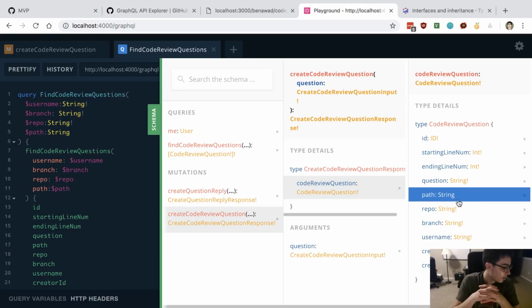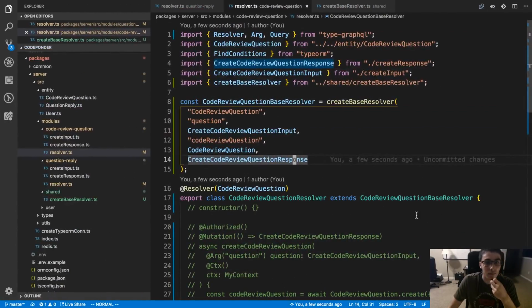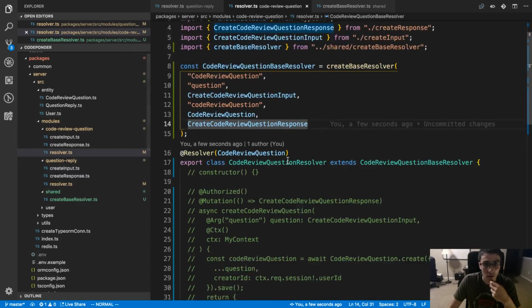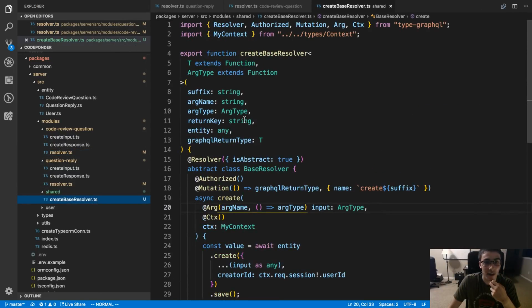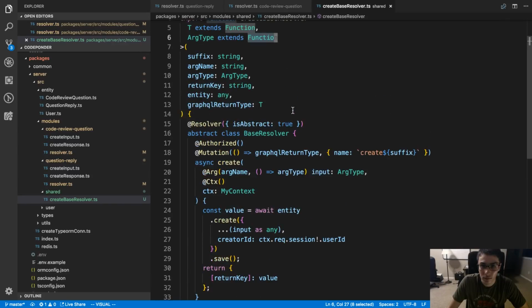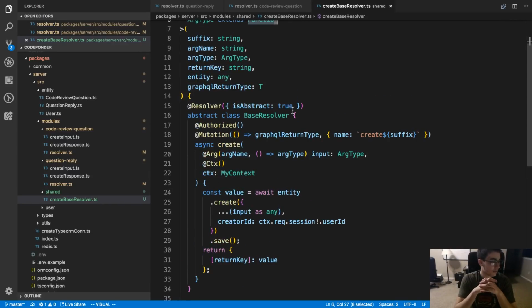One can extend function in TypeScript. Never needed that though. Yeah, if you want it to inherit from function, is basically what we're saying there. So whatever type we pass in as a generic here, it has to be inheriting from function. This is definitely kind of weird, but